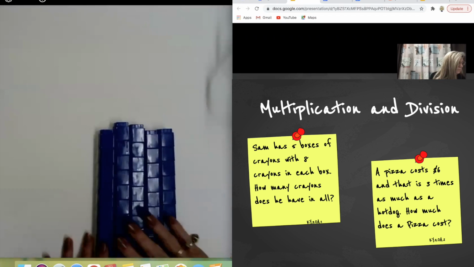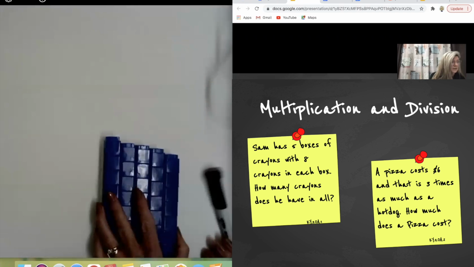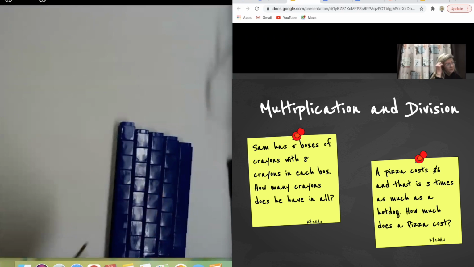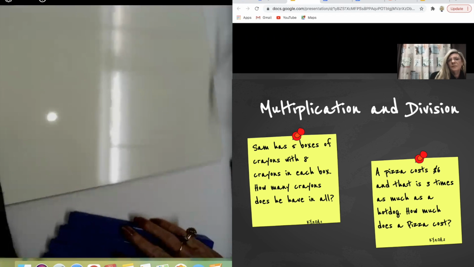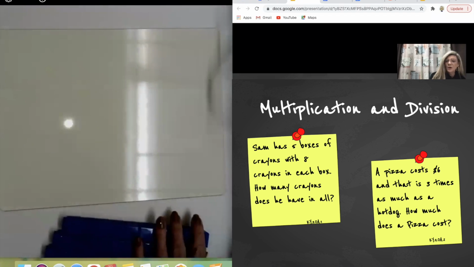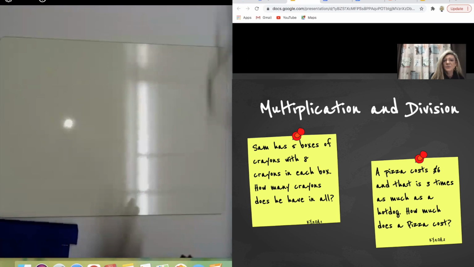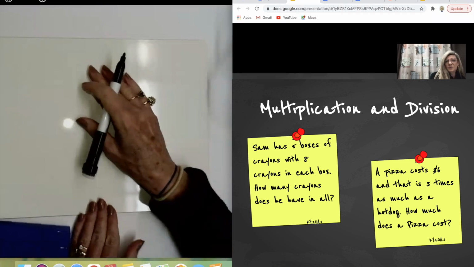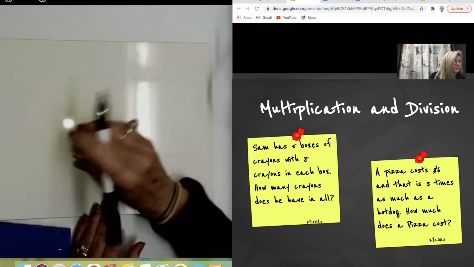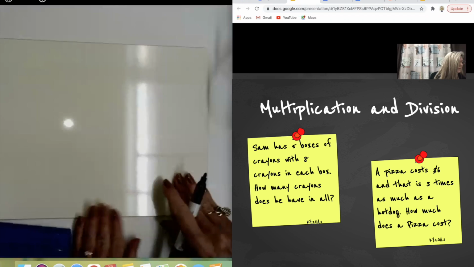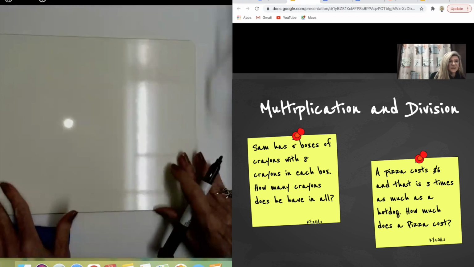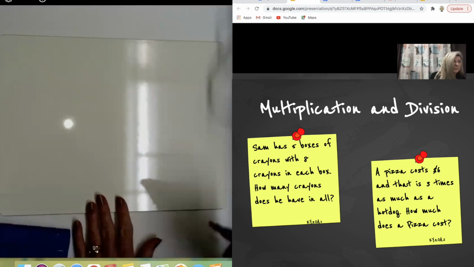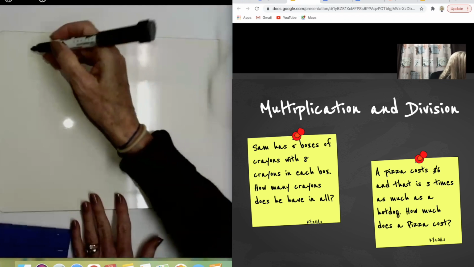And what I would have my kids do when we were working on this, I would have them make their groups, determine what the groups are. First of all, the group size. So we're looking at, he has 5 boxes. That's like 5 groups of. So we would actually make our groups. And I actually used solo cups with my kids, and we would put them into our solo cups. But so you can see a little better here today, I'm going to just put it on the whiteboard for us. So I would make my groups.